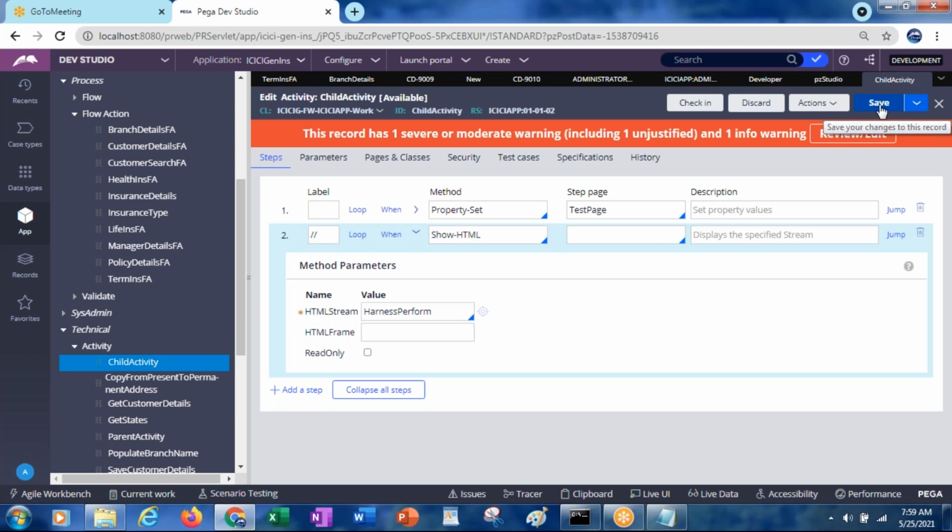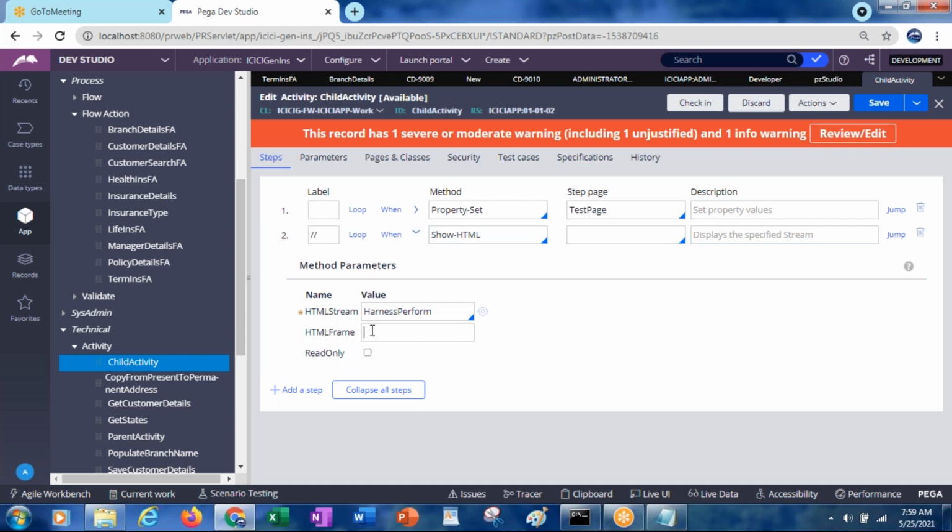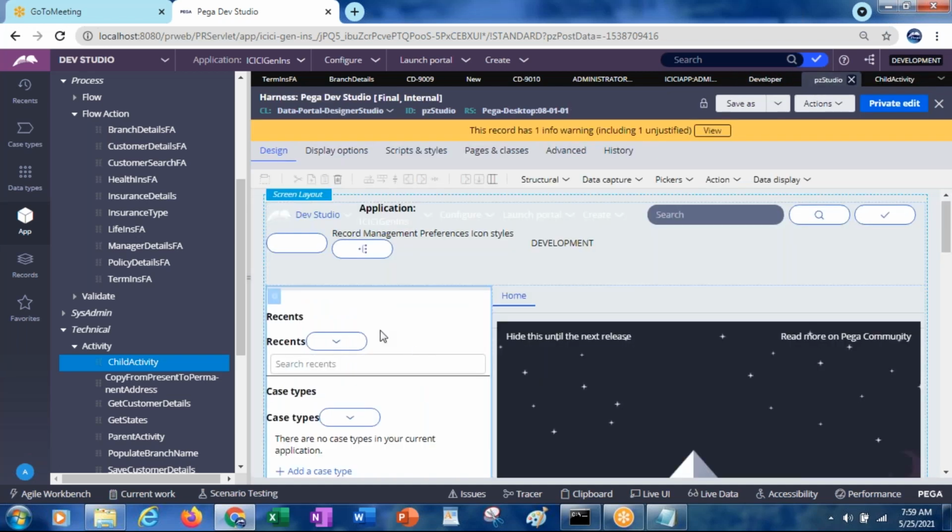Any doubts on harness or flow action? Sir, what is this HTML frame option? What do we need to give here? The frame means, in this studio we have many frames. This is one frame, this is one frame, this is one frame. In which frame you want to display it, you can select over there. Do we need to give the section name? No, layout.